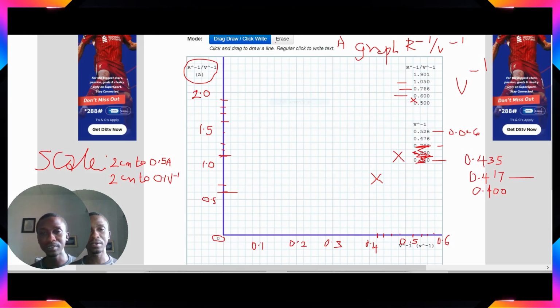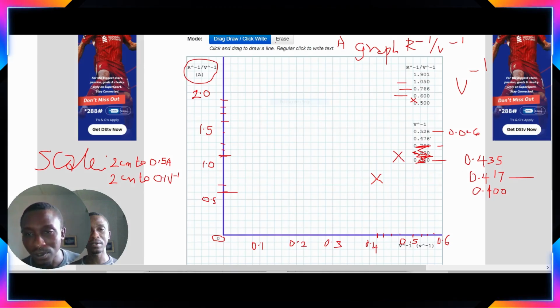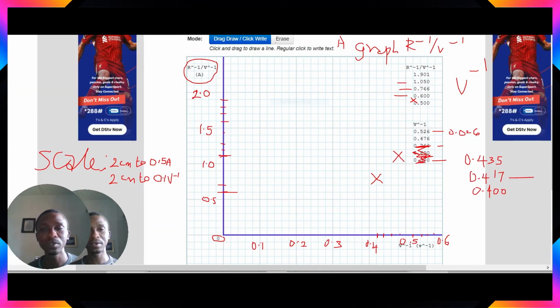I hope I've not omitted the value. 0.47. Do we do that? Oh no. Okay, I think we did that. Then 0.43. Oh, this is supposed to be 0.43. For the third one, it is supposed to be 0.43, not 0.17 that I did earlier. So 0.43,